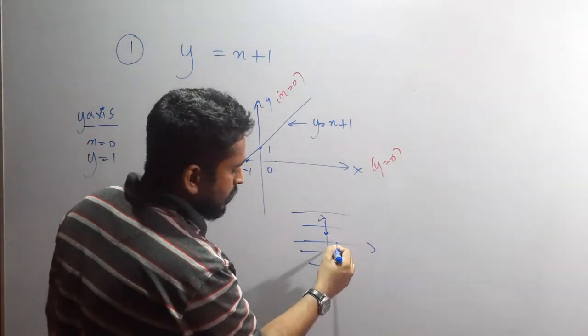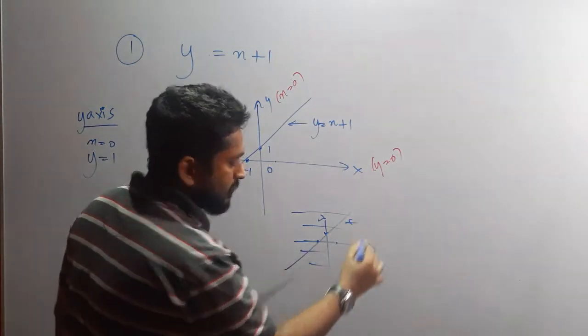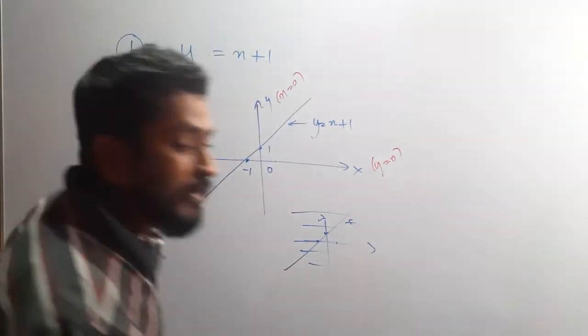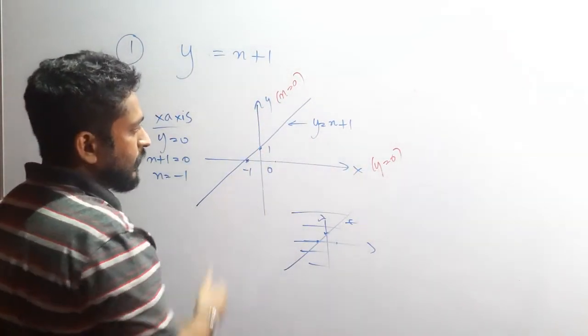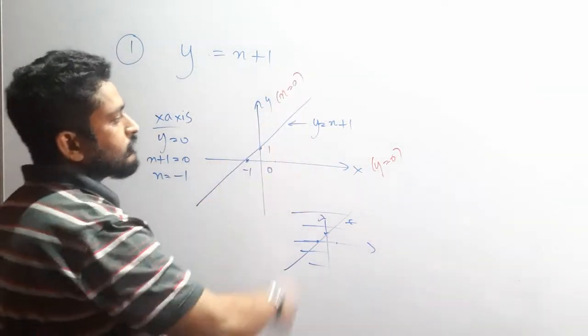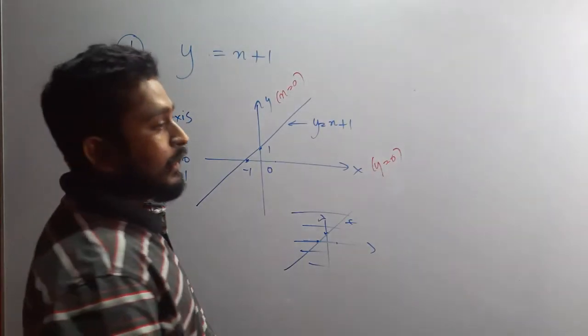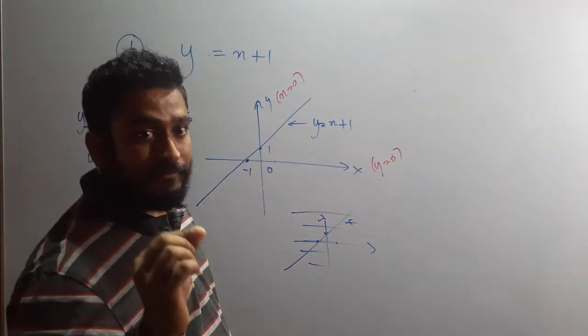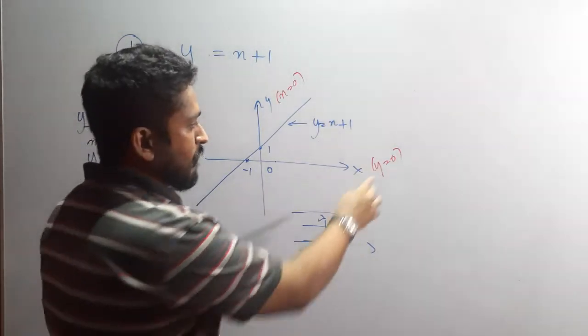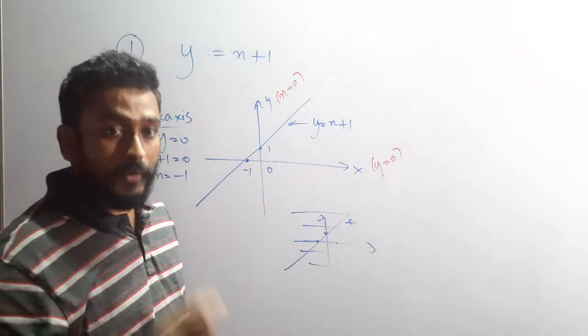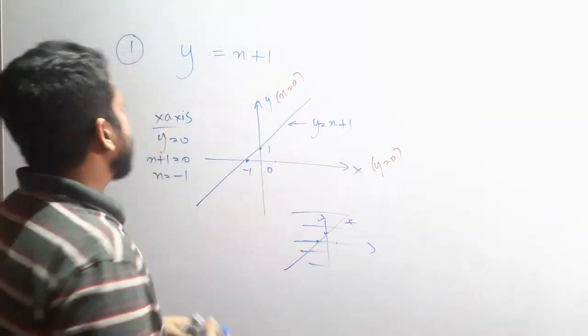This much I will take. And it is minus 1, plus 1. Now name. You need to name everything: x-axis, y-axis, origin, 13 points, y equals x plus 1. In further graphs, you don't need to name y equals 0 and x equals 0. For now, I am naming this for our particular example.